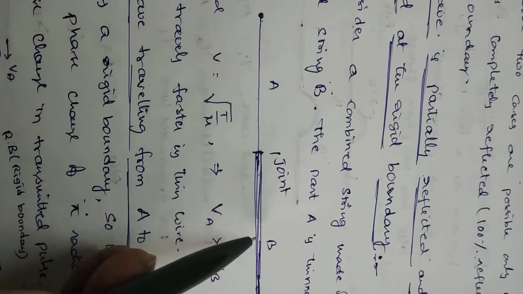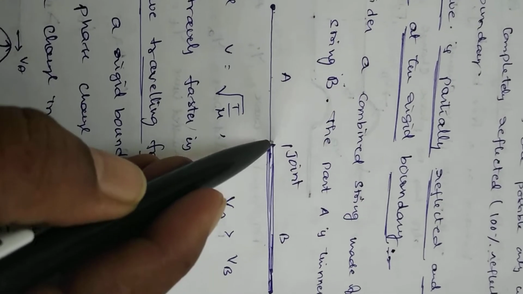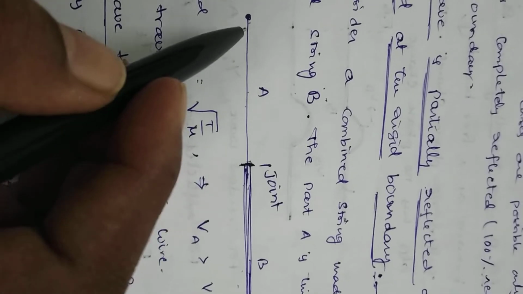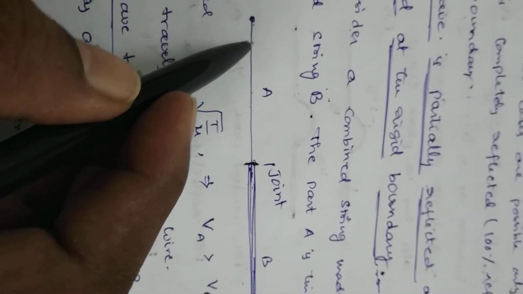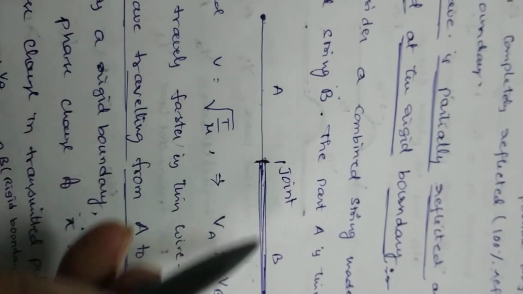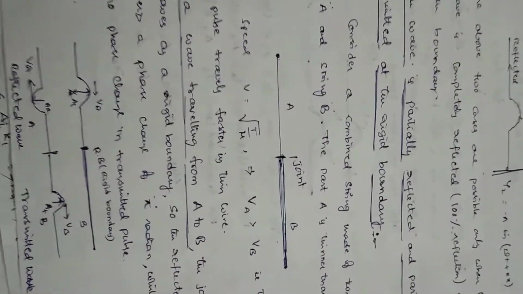A is thin compared with B. B is a thick wire and A is a thin wire. It is the joint of A and B here. Suppose a transverse pulse is produced at this point so that it moves along this direction, going from A to B. Right? Maybe at the point of joining, some part of the wave is reflected.